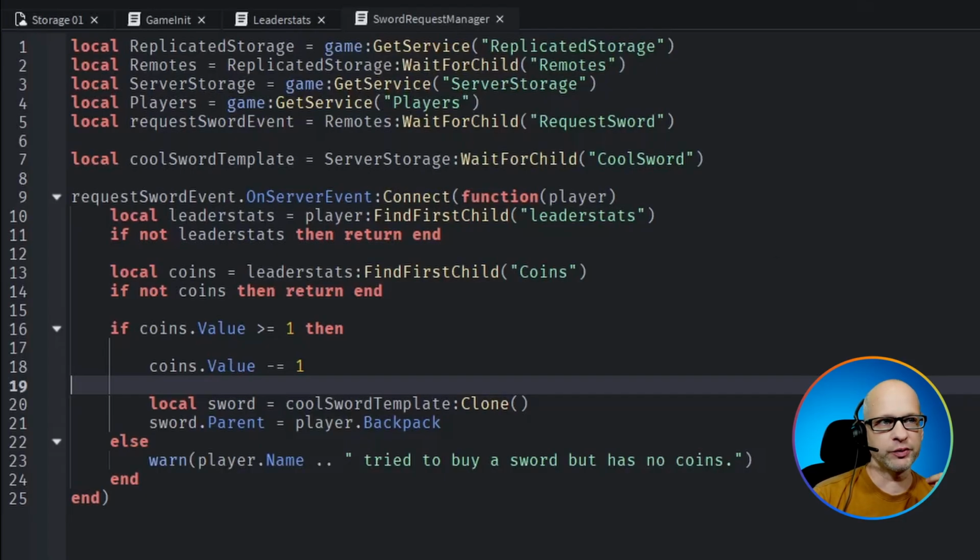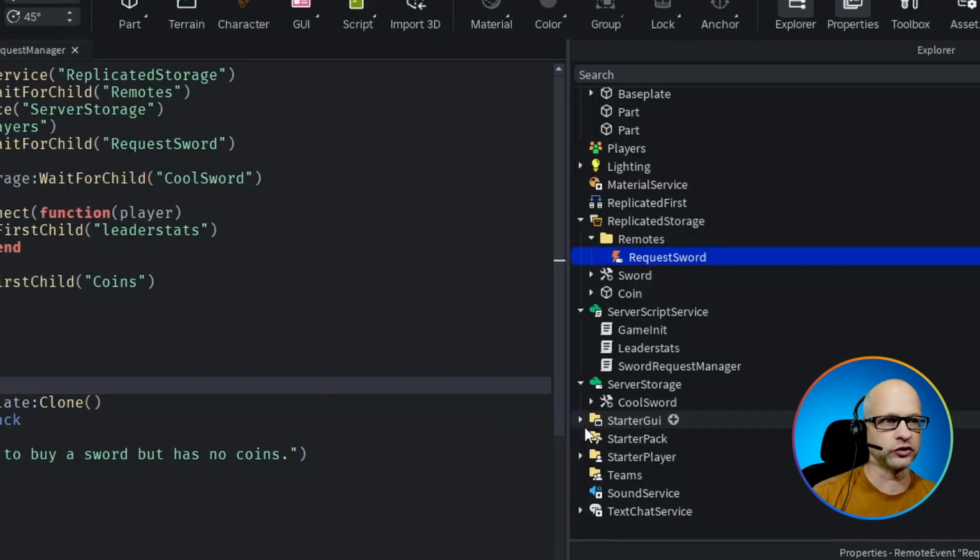The reason why we put the request sword remote event in replicated storage is because we need to have the client access to that remote event, and we also need to have the server access to that remote event. So to understand how that remote event works, we have to look at another script now. So we've got to go into the StarterGui,